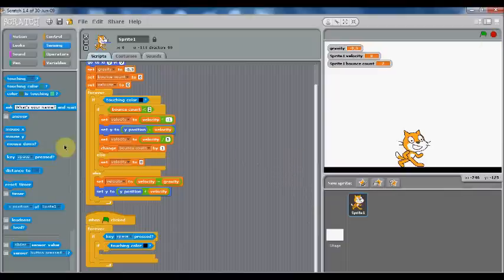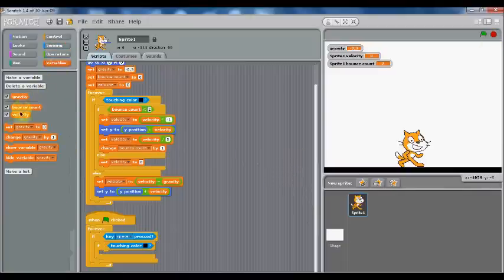we're going to set bounce count to 0. This is for him to jump, by the way. So we're just going to set the bounce count back to 0 because he obviously needs to bounce again when he hits the black line at the bottom. So set bounce count to 0, and then we're going to set the velocity to 6,